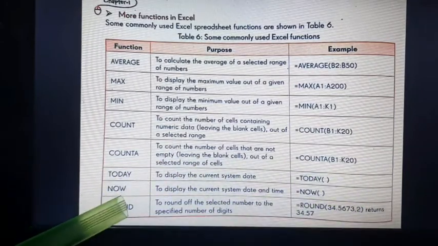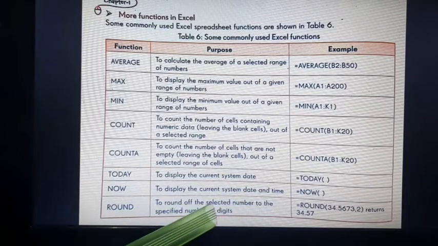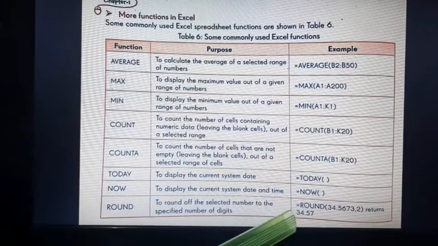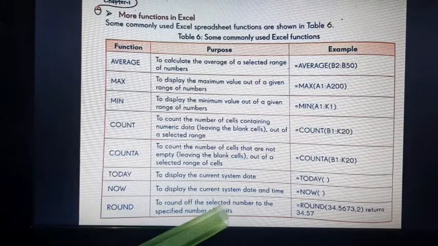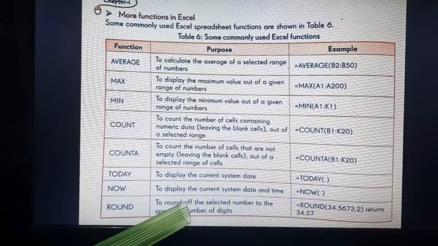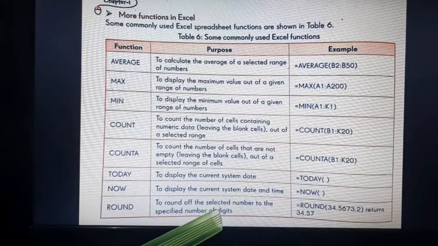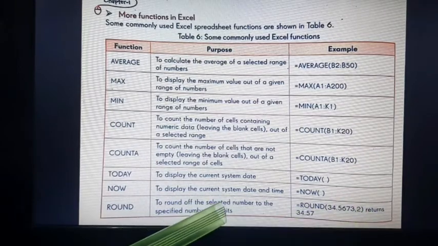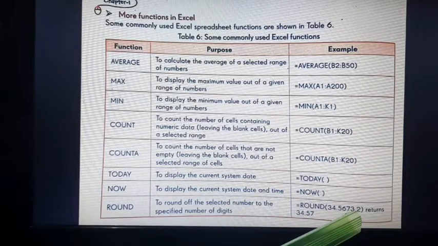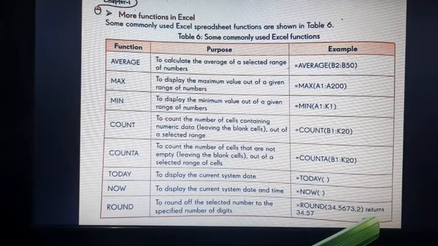Round. To round off the selected number to the specified number of digits. When you specify the number of digits, it rounds off. For example, 3.5673 returns